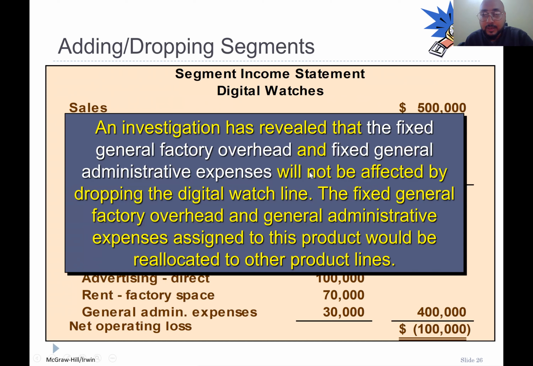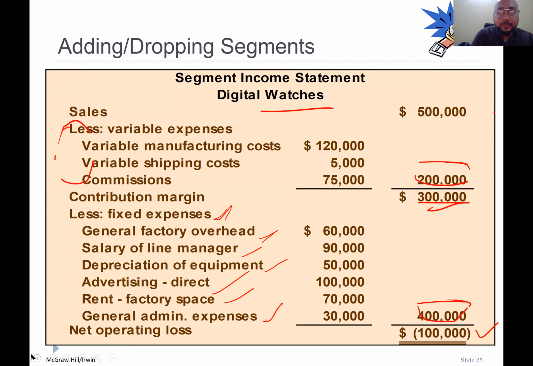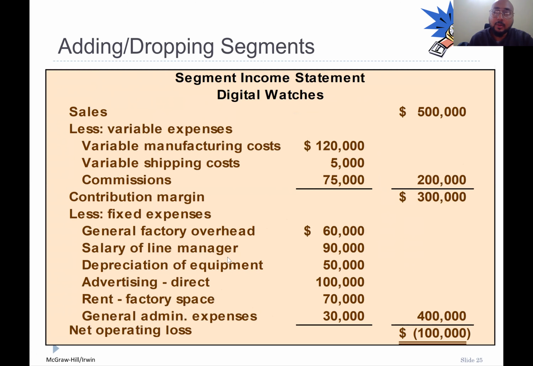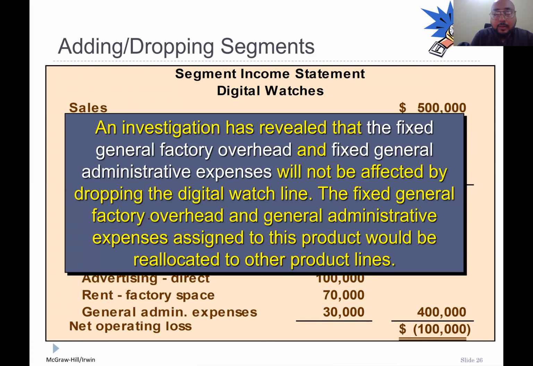So these two, fixed factory and fixed administrative expenses, are not going to be affected, right? So whether we drop it or keep this segment, we still have to keep those 60,000 and 30,000, 90,000. Okay. The fixed general factory overhead and general administrative